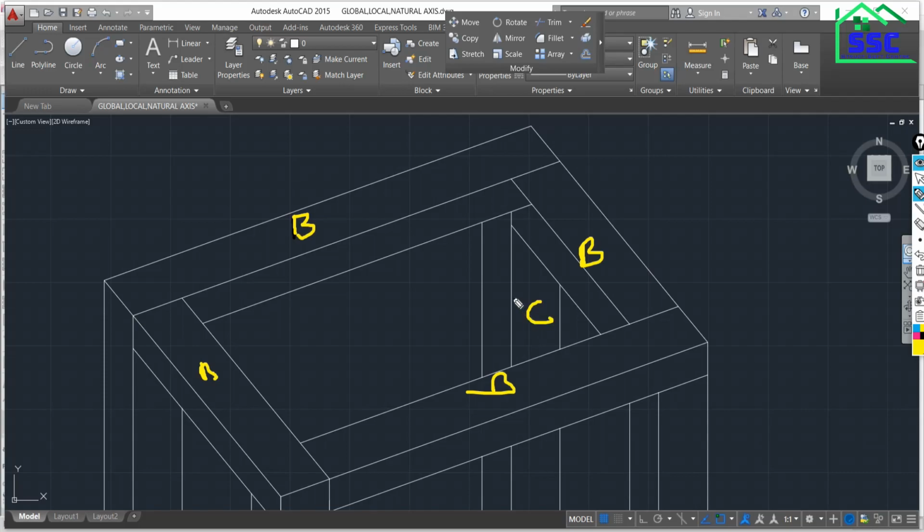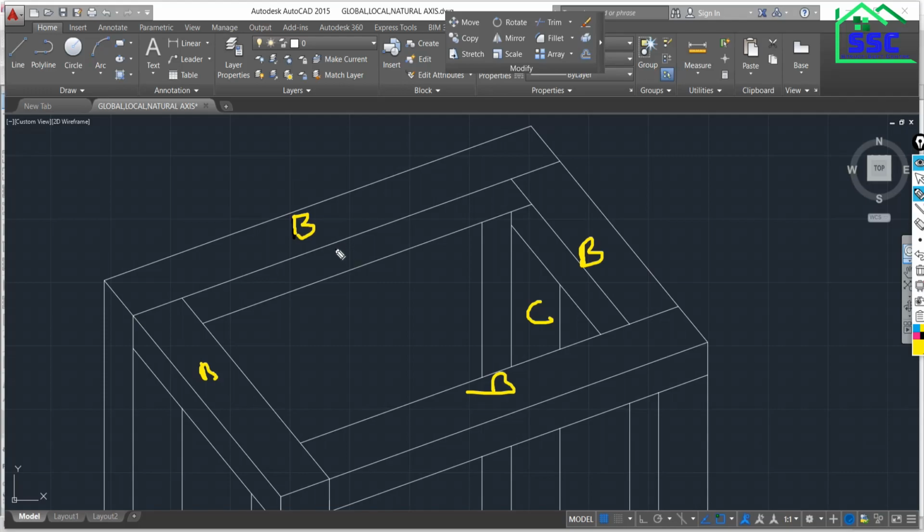So each individual structural element is also a three-dimensional, solid element. It also has its width, depth, height, everything.